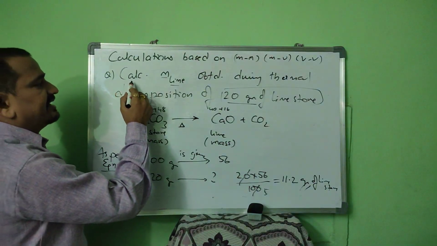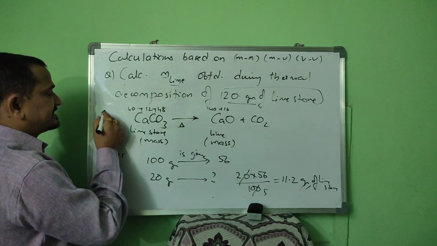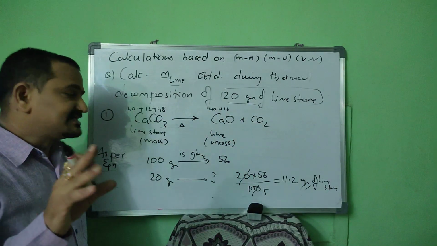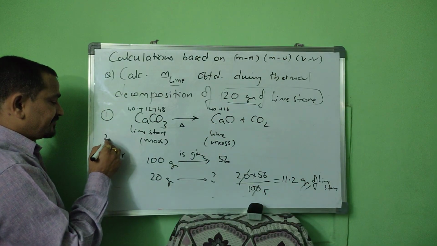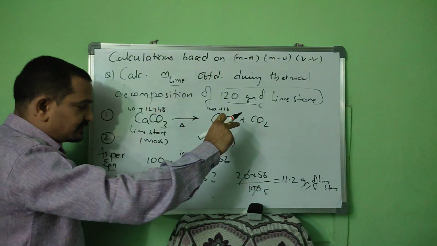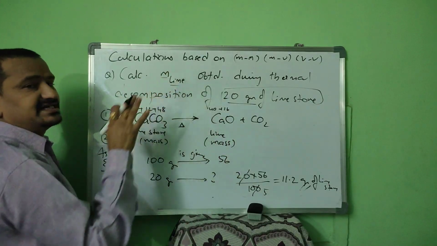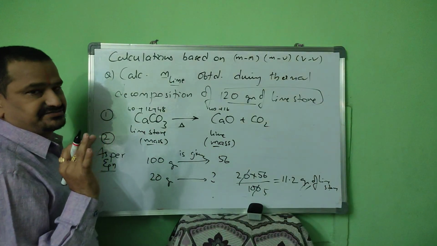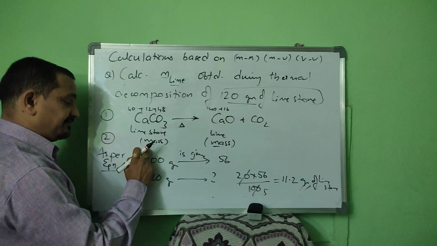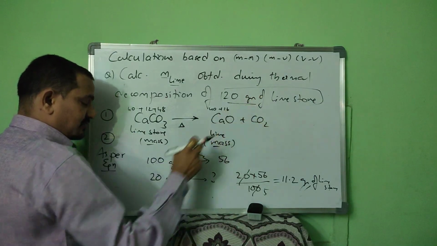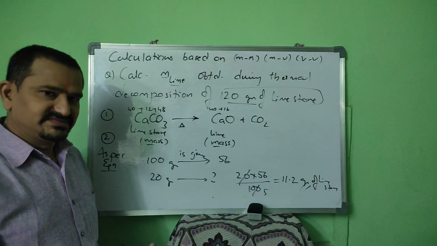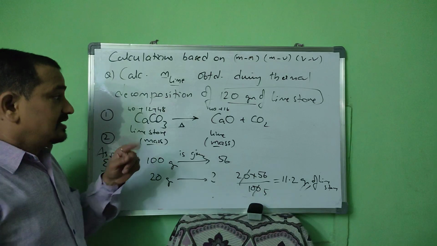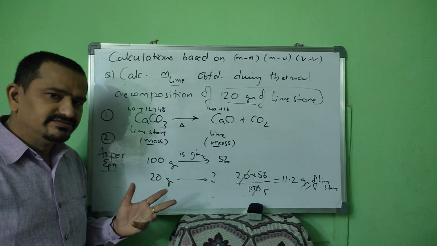Now, whenever a question is given like this, what is step 1? I said, write the completely balanced equation for the given question. Step 2 is, in that completely balanced equation, about what substances the question deals with. Make a note of that one. About mass, or mass, volume, etc. Then, as per the equation, what mass is giving what mass, then question is asked for what mass. Understood? So this is the way we have to solve these numericals. Now let us discuss one more small numerical.